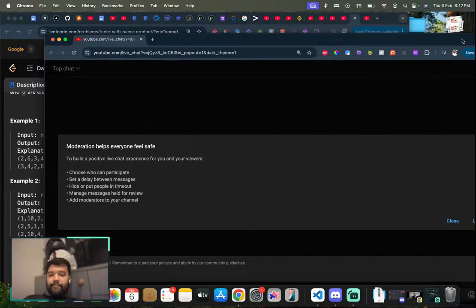Okay, so first let me find D with a linear search. Let's do a linear search for D. For D equals C plus 1, D smaller than N, D plus plus. Because this will also be N cube only. It will not go more than N cube because